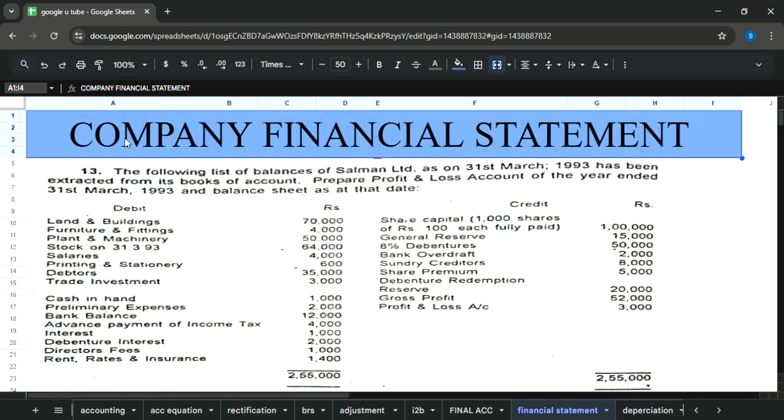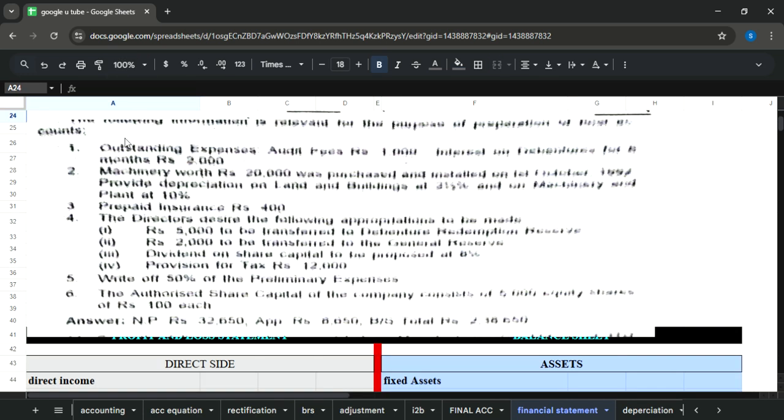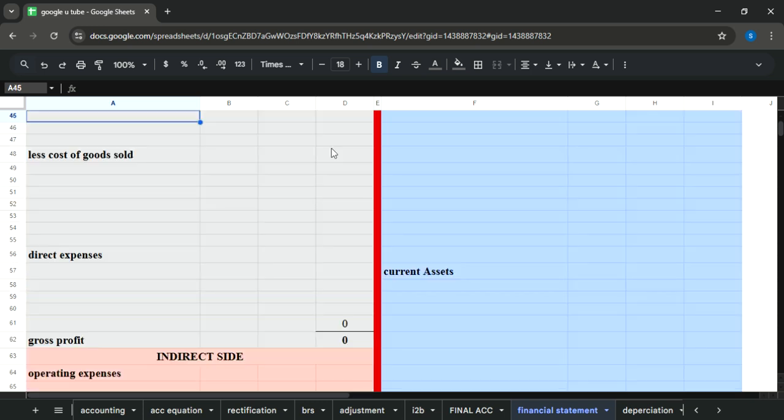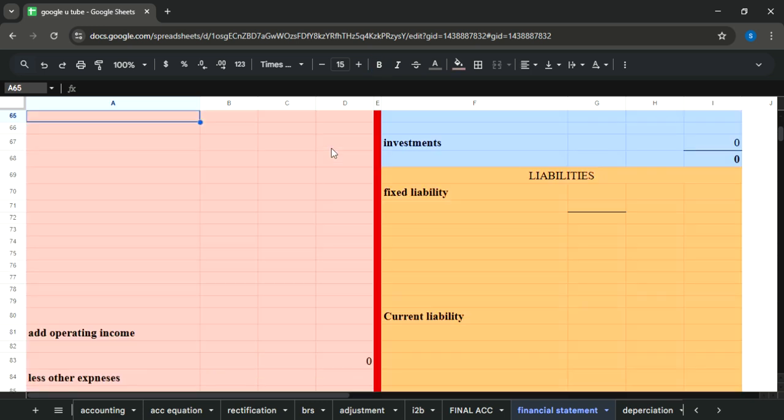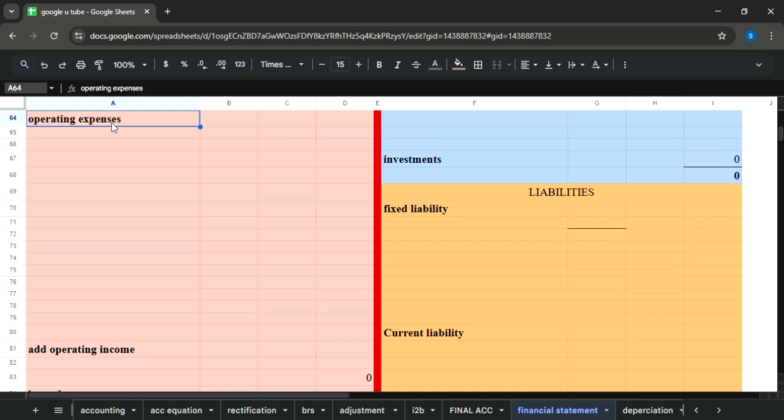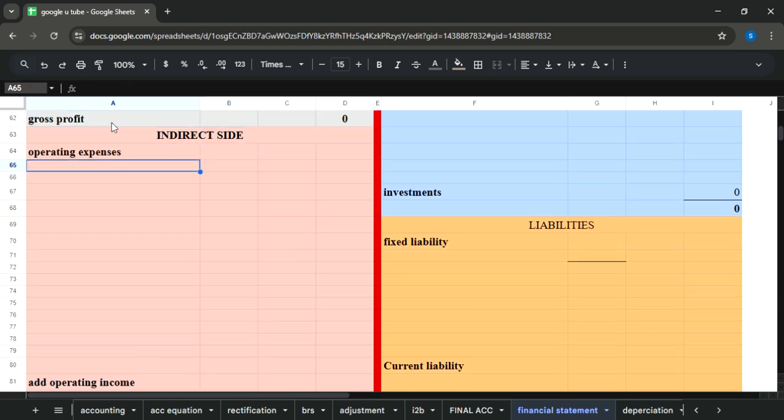Here is our question, and as it was described that if adjustments are present in any question, we are going to solve adjustments as our first step. So let's begin. We are ready to start. First, outstanding expenses, audit fee. Since audit fee is part of operating expenses, here we will go to the operating expense side. This is your operating expense. First you will mention audit fee,